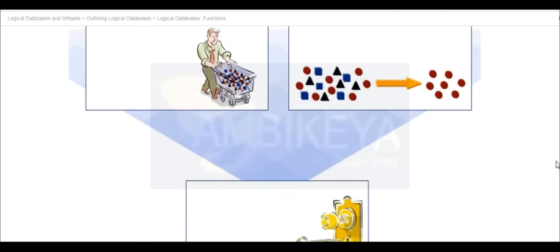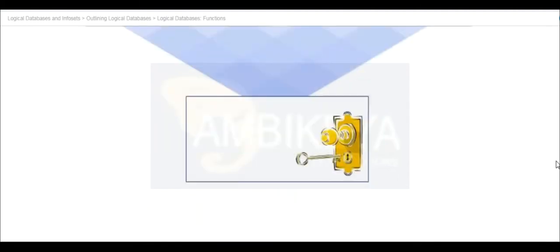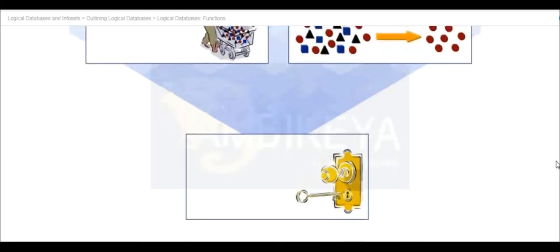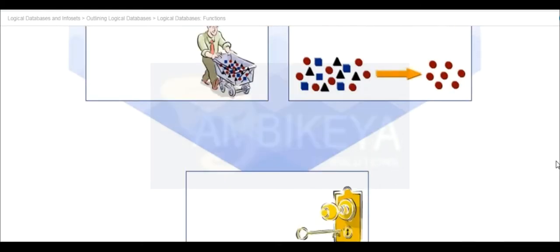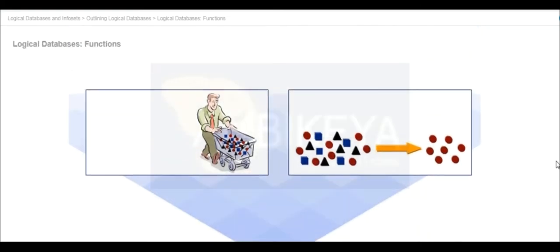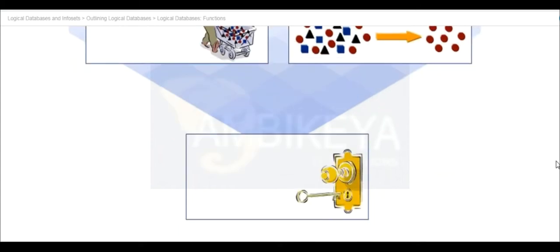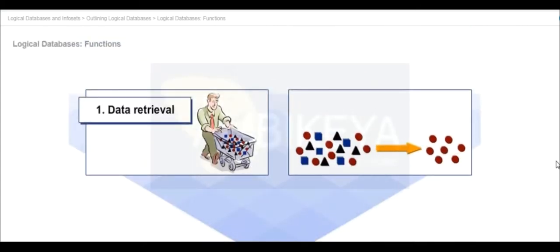Logical databases are special ABAP programs that retrieve data and make it available for processing to application programs and queries. These databases provide a specific view of the database tables in the SAP system. Logical databases can perform the following tasks. Data retrieval. In data retrieval, personal data for each employee is loaded into the main memory where it is available